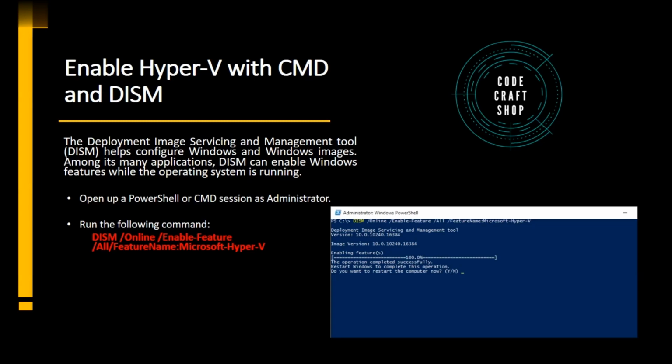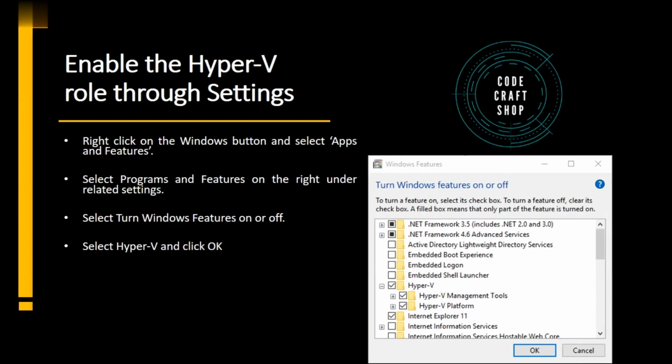You will be able to see the Hyper-V option through control panel. So for this option, if you see in the screenshot, there is a Hyper-V option enabled, and this can be enabled through Turn Windows features on and off. When we click on the start button and type Hyper-V, we will get Turn Windows features on or off.